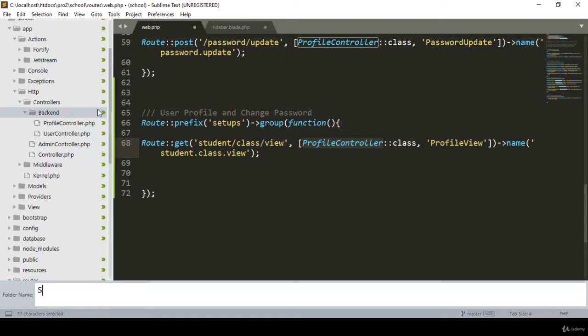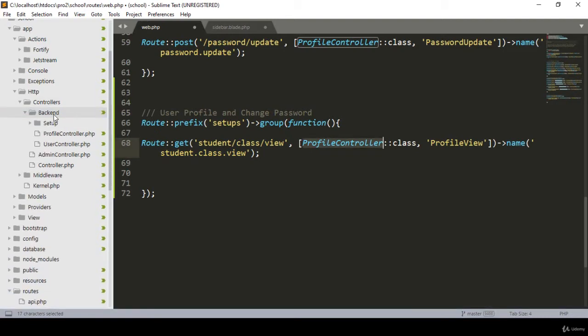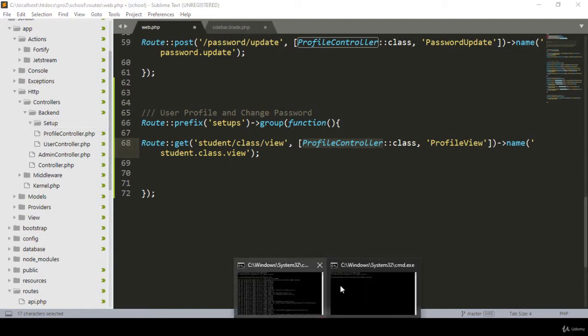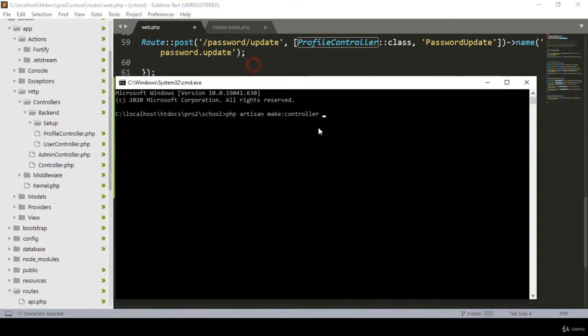Okay, so for the reasons here I created another folder as a setup. So that will be another folder. Into the backend folder I have created another folder as a setup, and into the setup I want to save every related controller. So for the reasons I want to add that first of all into the backend